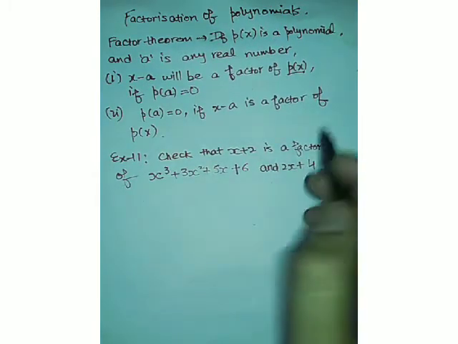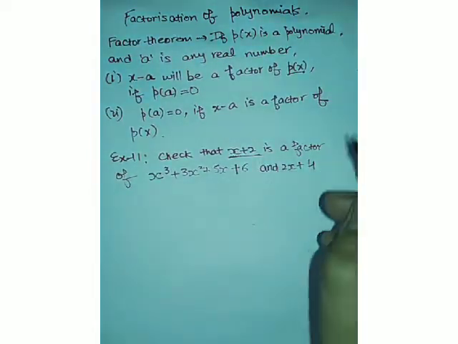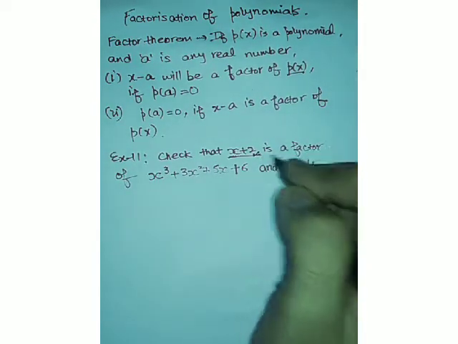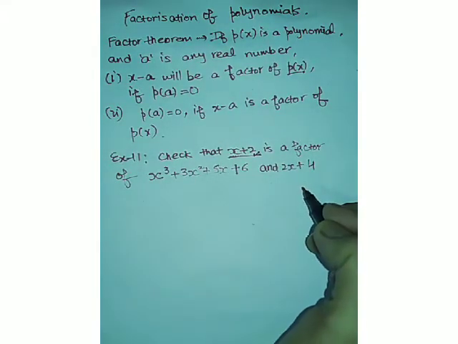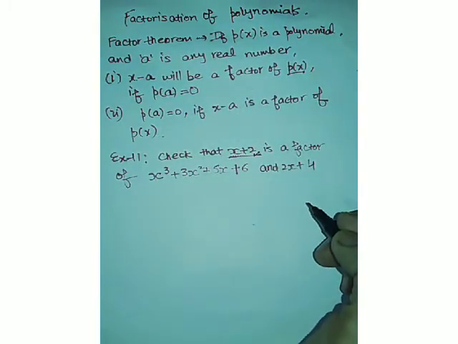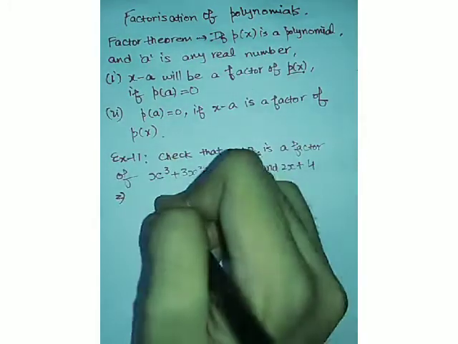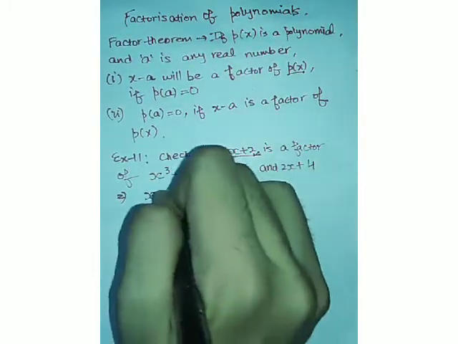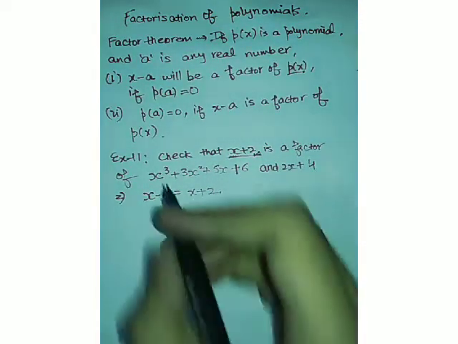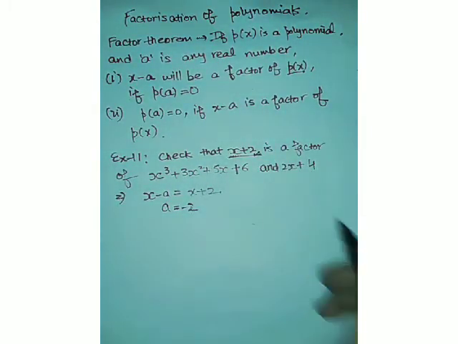Right. So firstly we will find this is of the form x minus a, where a is minus 2. Now firstly we will take the value of x from this factor. All right, and then we will substitute it in both of the polynomials, and if the polynomial, that is our P(x), is reduced to 0, only then this will be considered as the factor of the given polynomial. So let's do, from x plus 2 what will you get? Now x minus a is equal to x plus 2, right? So what will a be? A will be equal to minus 2 only. Clear? So a is minus 2.